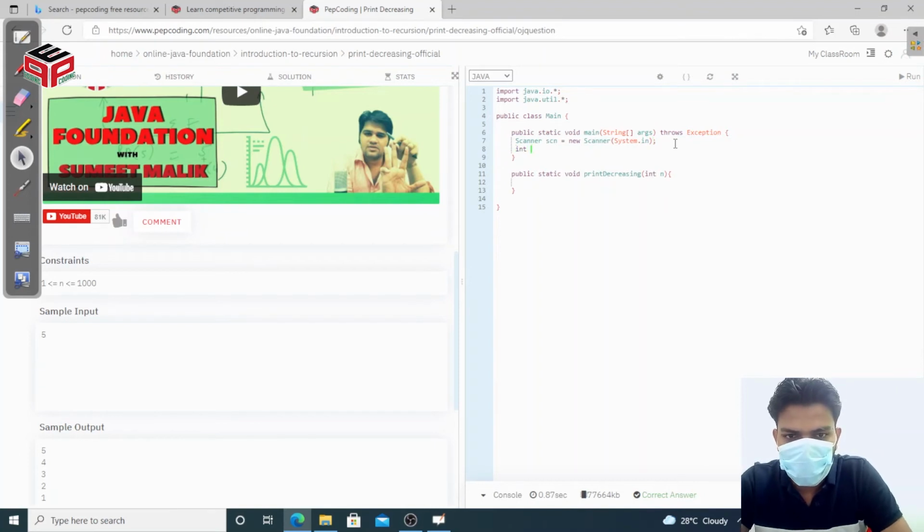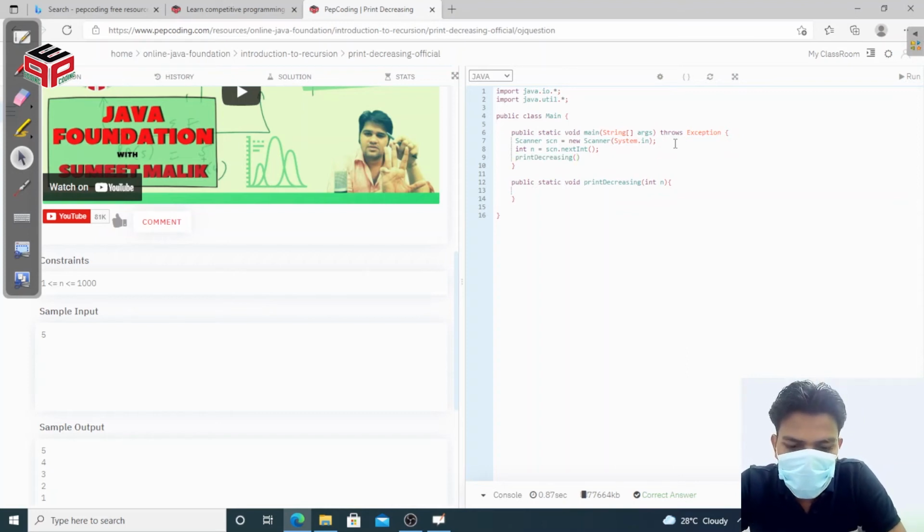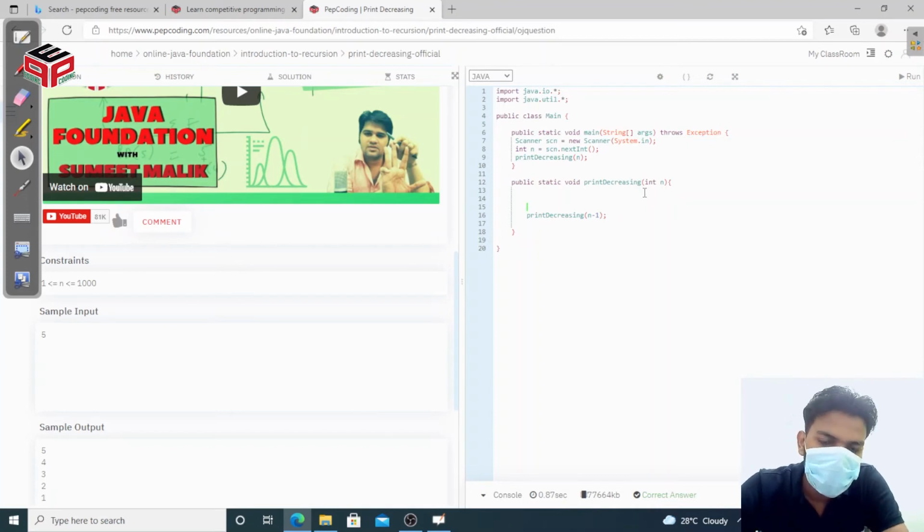Then we take some integer as input, and then we call our print decreasing function, where we put n. So we have to have faith here. What is our faith? Our faith is PD n minus 1, the print decreasing function with n minus 1. And how can we meet the faith and expectation? We just print n before calling the print decreasing function. Then we can meet our faith and expectation.